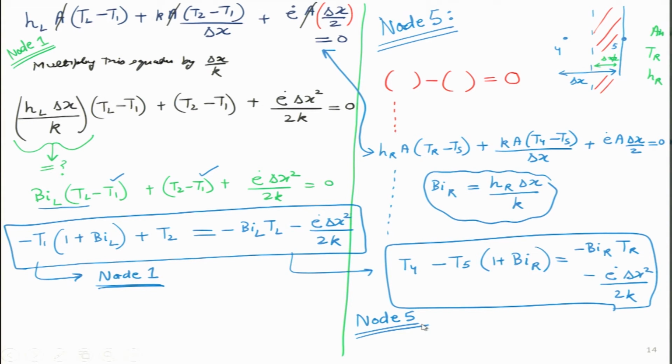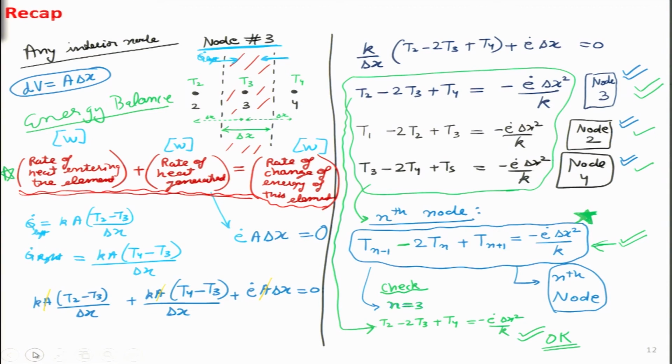So, now we finally have 5 equations with 5 unknowns. What are those unknowns? Let us put them in red color over here. This is an unknown, T4; T5 is also unknown; over here T1 is unknown, then T2 is unknown. If I go back to the previous 2 slides, these are the unknowns we are talking about: T2, T3, T4. All the temperatures are actually unknown; except for them, everything else is known. All the E dot, the properties, the geometries, everything is known to us.